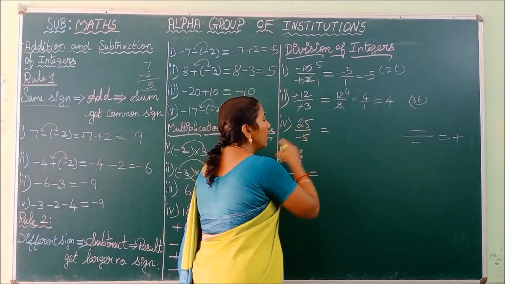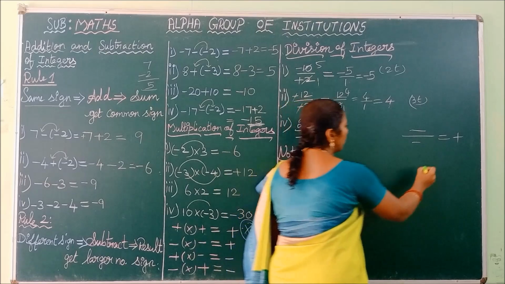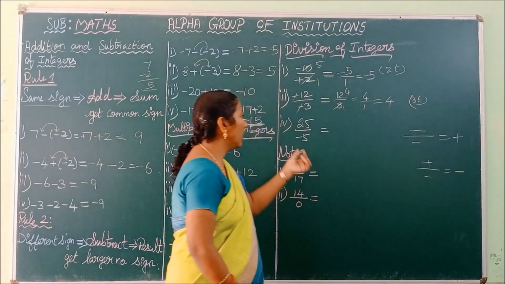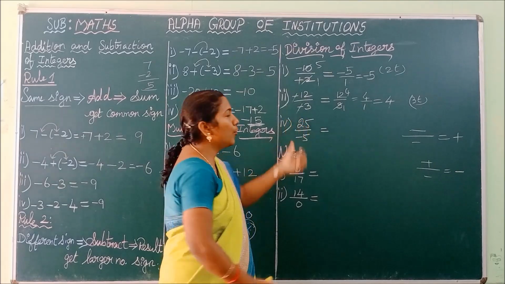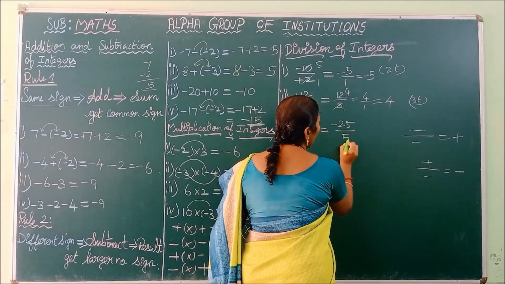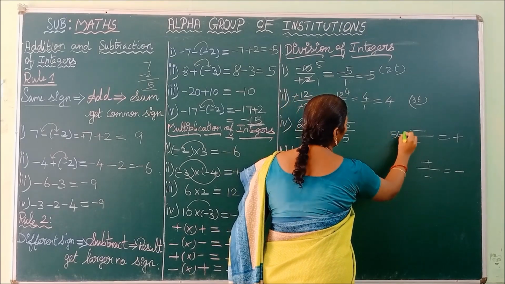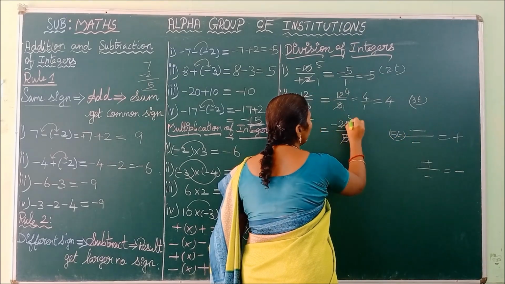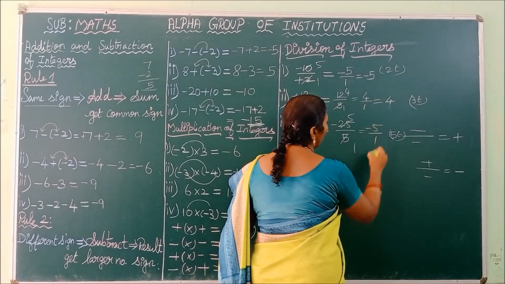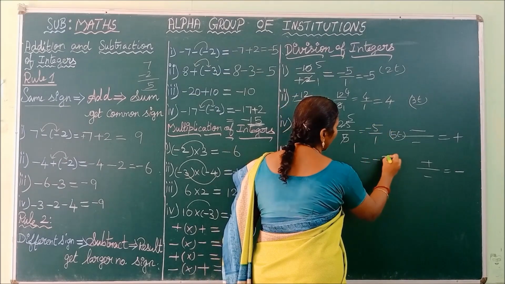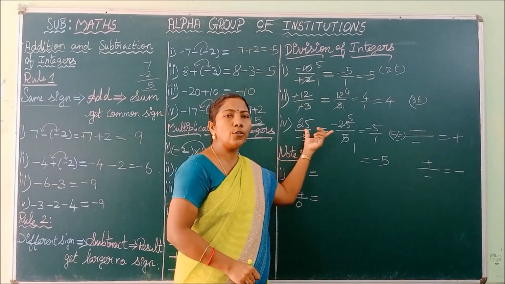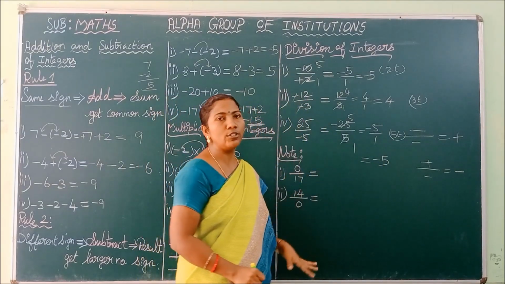25 by minus 5. As per the division rule, plus by minus is minus. So we can assign this negative symbol to the numerator. So minus 25 by 5. And then use the 5 table to cancel. 1 5 is 5, 5 5s are 25. So minus 5 by 1. So we can use the denominator and write the answer as minus 5. Okay. These are the things you definitely have to keep in your mind in the process of division of integers.